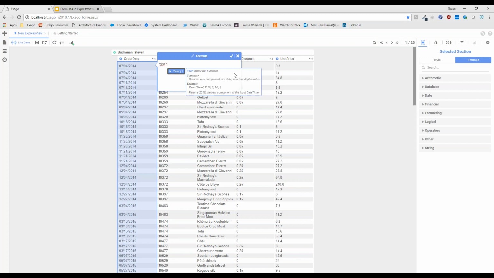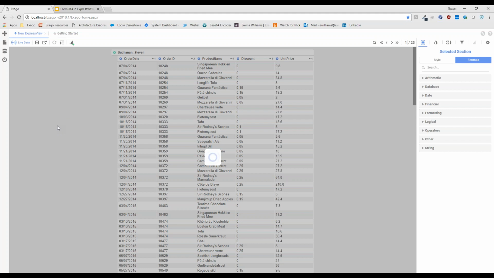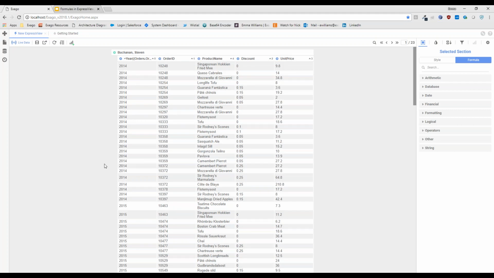So we always have this as an aid when we're creating these. I'm going to press enter. The only argument it expects is the input date, and I know that I want to use my order date. So again, I start typing, it shows me what I want, press enter to insert. Press OK here. We're going to see just the year get pulled out of that order date field and populate my column, same as the full date did, but this time we're only seeing the year.